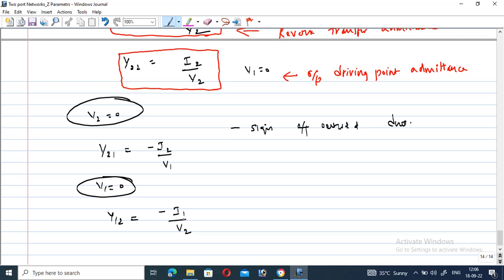So from these two diagrams, let us see, is there any similarity? Y12 is equal to I2 by V1, and I1 by V2. Okay, if V1 and V2 are the same,